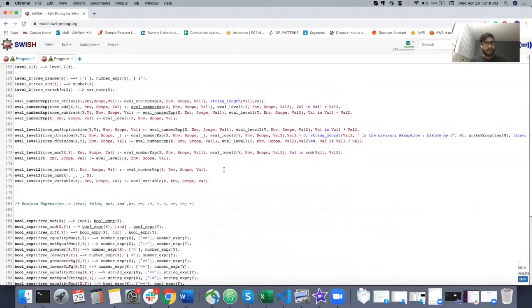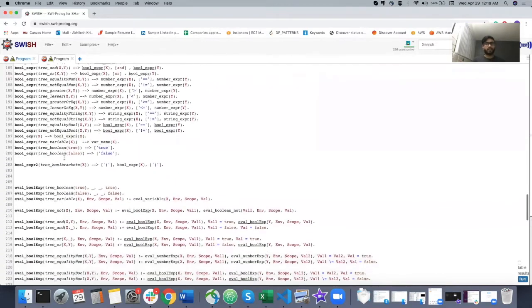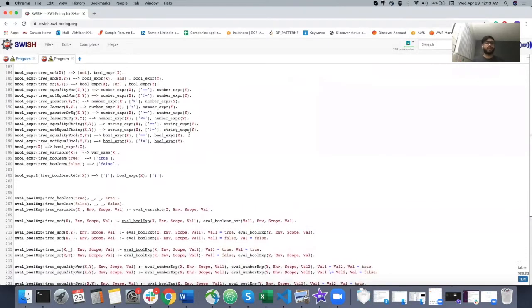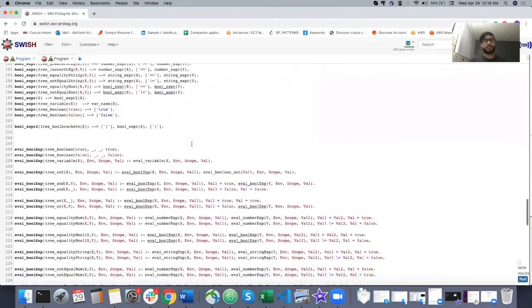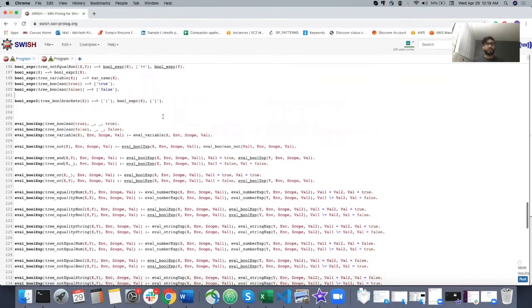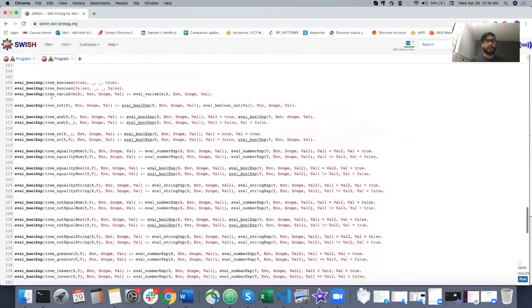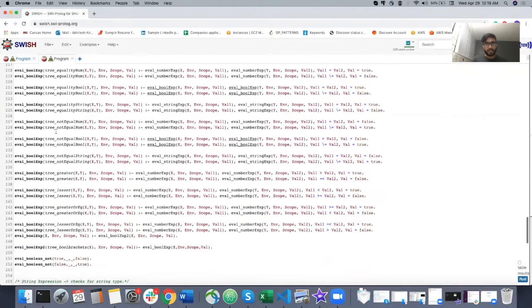After that, we are going to see the evaluation of the number expression. The number expressions have already been structured according to the precedence. Here we are handling the addition, subtraction, multiplication, division, modulus, and the most important operation of the parenthesis. After that, we come to the evaluation of Boolean expression. The Boolean expression mainly involves a lot of relational expressions like equal to, not equal to, less than, greater than, less than or equal to, or greater than or equal to. Also, we are using the Boolean expression to set the variables to true or false. We also include a precedence inside the Boolean expression to handle parentheses. So these are the evaluation statements of the Booleans.